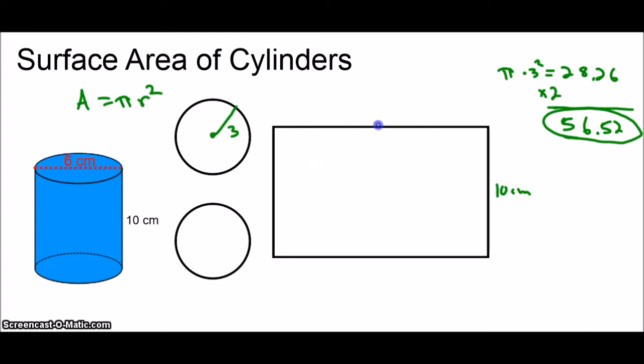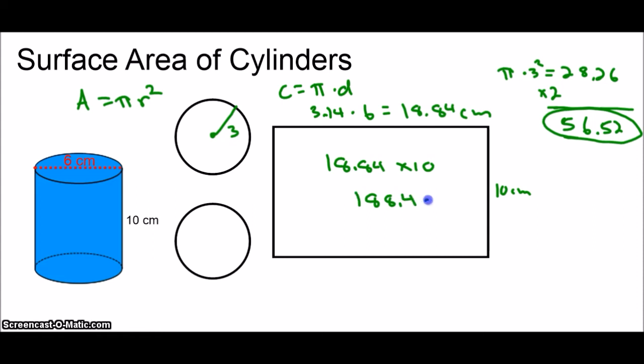To find this side, what you're actually looking at is how long the circumference of this circle is. So circumference is equal to pi times diameter. So we simply take 3.14 times the diameter of 6, and 3.14 times 6 is approximately 18.84 centimeters. So to find the area of this rectangle, we need to take 18.84 times 10, and 18.84 times 10 is